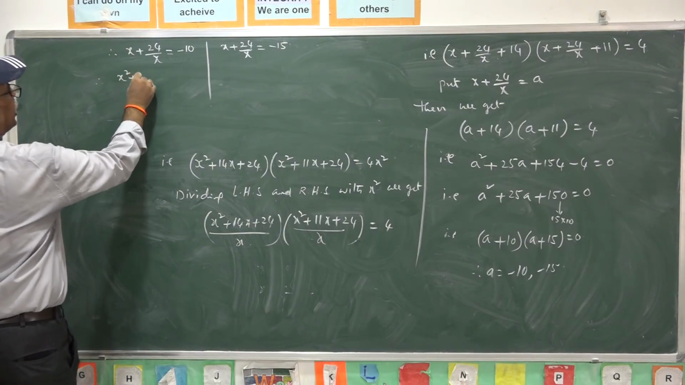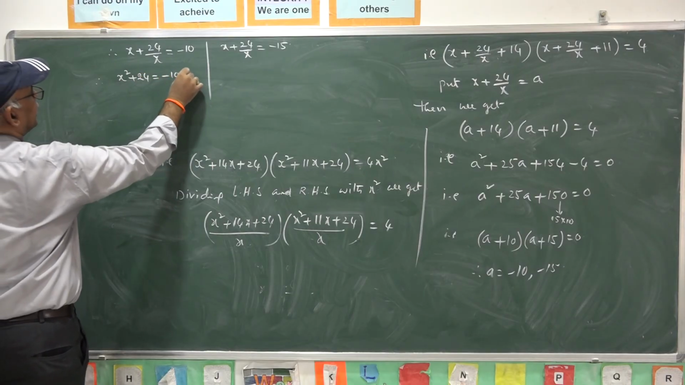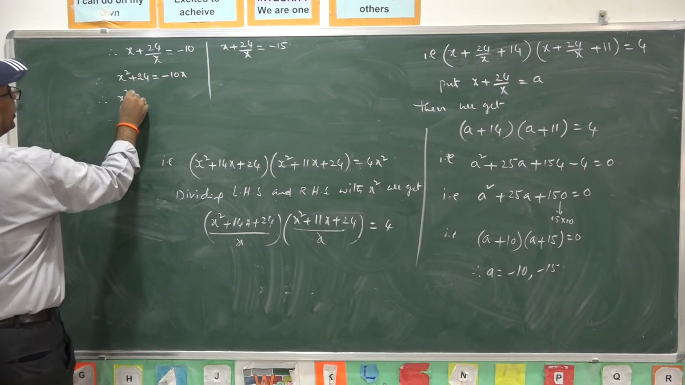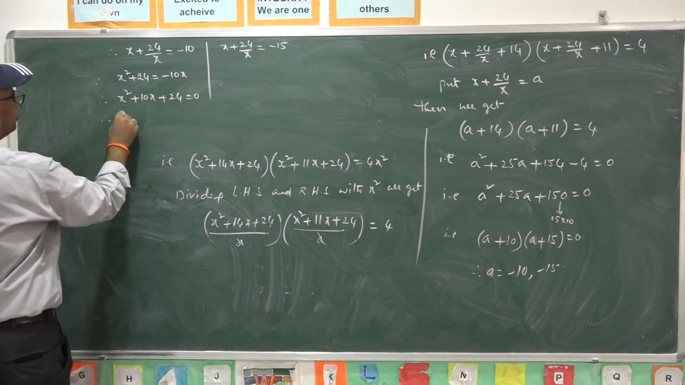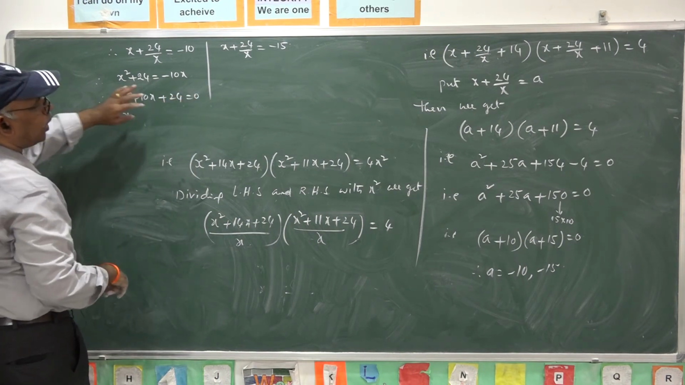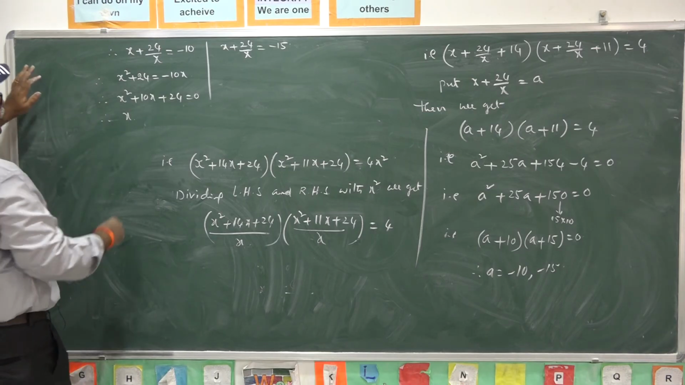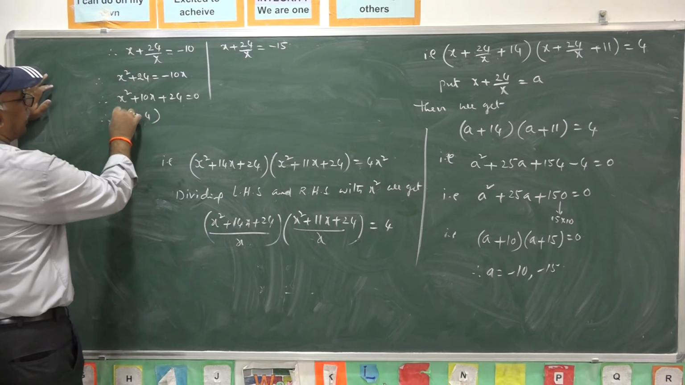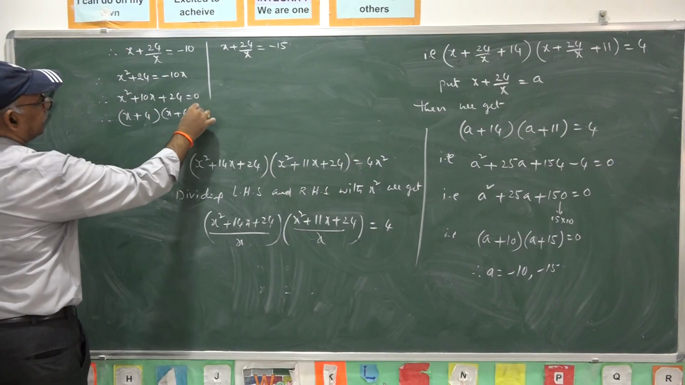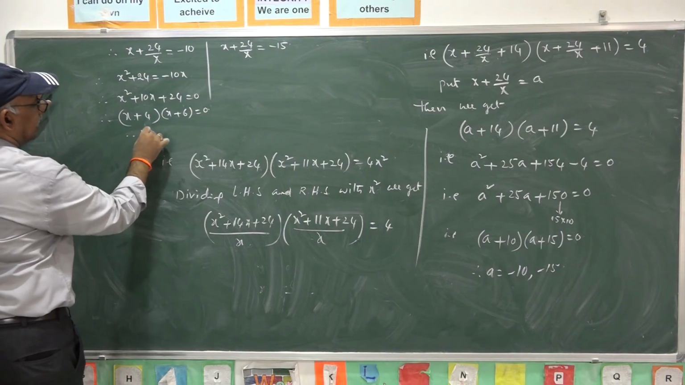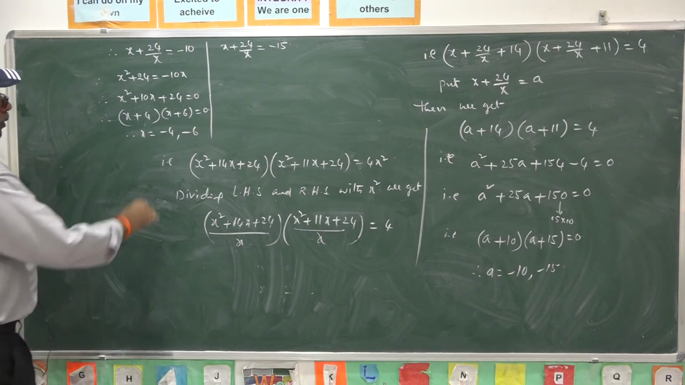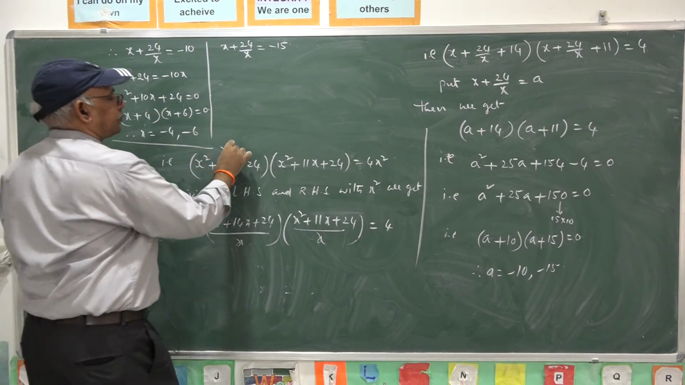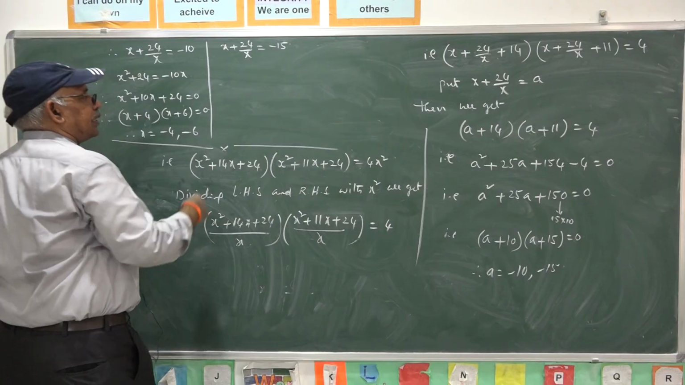Therefore, x square plus 24 takes the value minus 10x, and so x square plus 10x plus 24 equal to 0, which is 6 into 4. So, x plus 4 into x plus 6 equal to 0. Clearly, x equal to minus 4 and minus 6. And moreover, solving in this case,